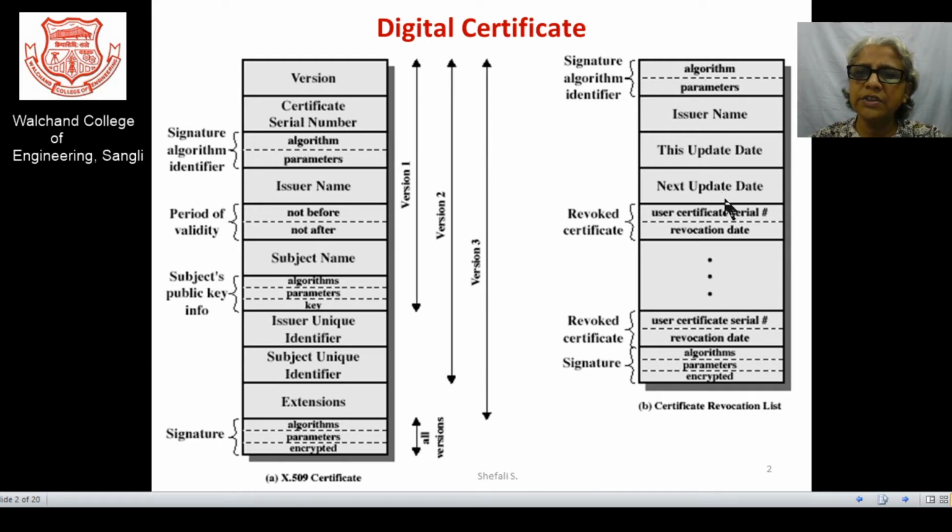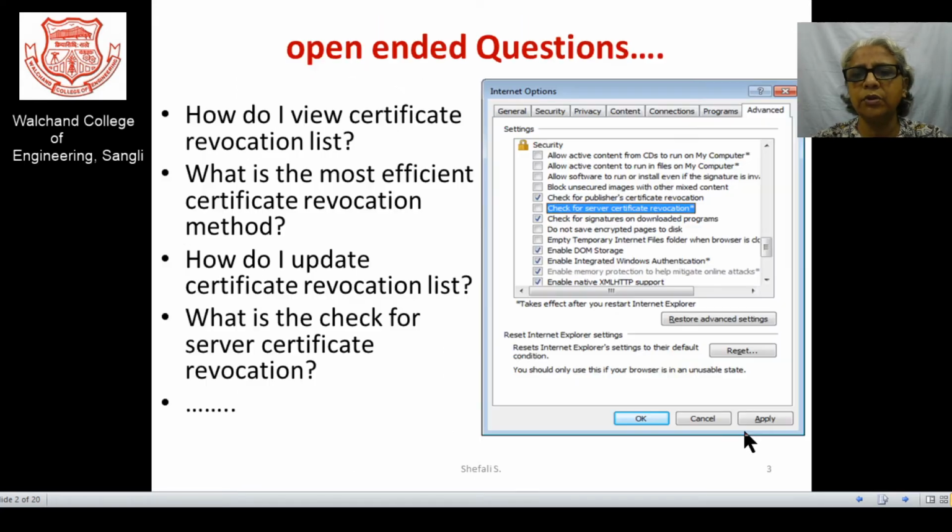So we are right now concentrating on the revocation of the certificate and the problems associated with those revocations. What are the possible problems with those certificates? Whenever we go for such questions in our mind, there are a number of questions for the users, such as how do I go about obtaining my digital certificate. These can be considered open-ended questions, and you can have certain checks or queries with the browser.